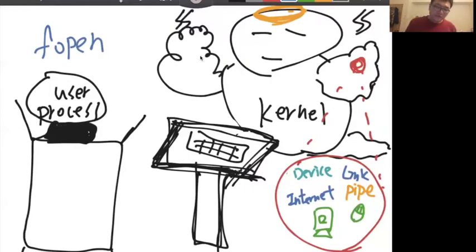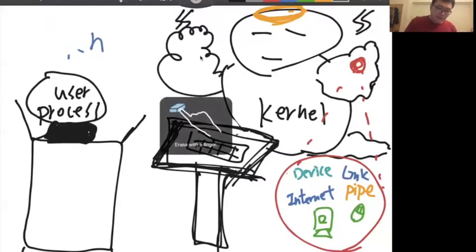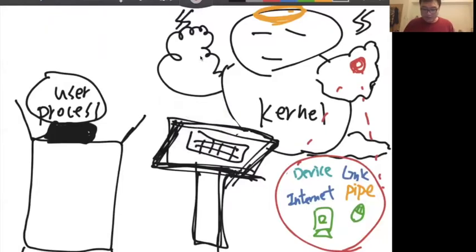In the lecture, we said that every device, every link, internet, pipe, all this stuff is packaged as a file in your system. So the kernel tries to treat each of these as a file. If they are files in your system, that means you can use file library functions to access them, right? But no,